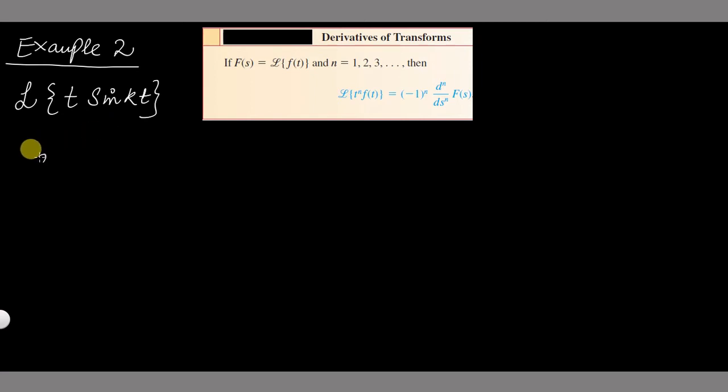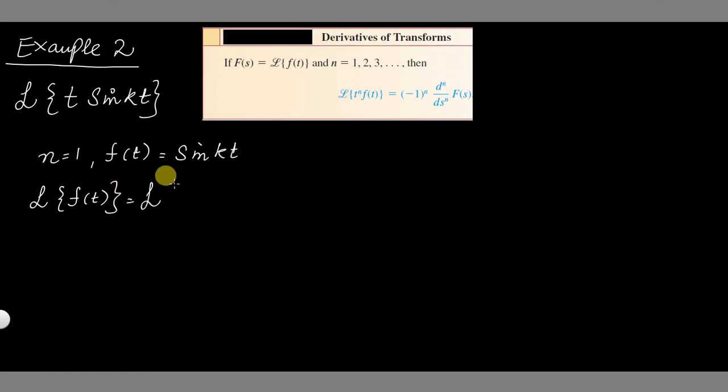Since we know that n is equal to 1 and f of t is equal to sine of kt, first we should find the Laplace of f of t, that is the Laplace of sine kt,